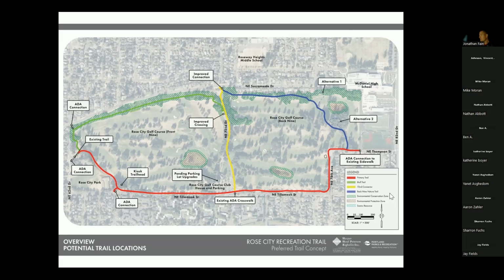Okay, here's a good question from Hazel. I'm just hoping you could clarify something that has come up in discussion about this. Are there plans to remove trees or disrupt wildlife habitat? There are not any plans to remove healthy or even marginally healthy trees. The only trees that are under consideration for removal are trees that are completely dead at this point, and that kind of benefits the golf course and the trail project to remove them. If there are trees that are dead that are outside the scope of the project and are away from the trail and aren't dangerous, we would hope to leave those dead trees for habitat